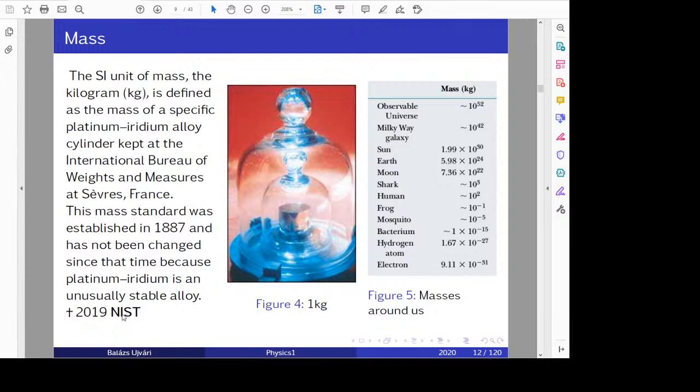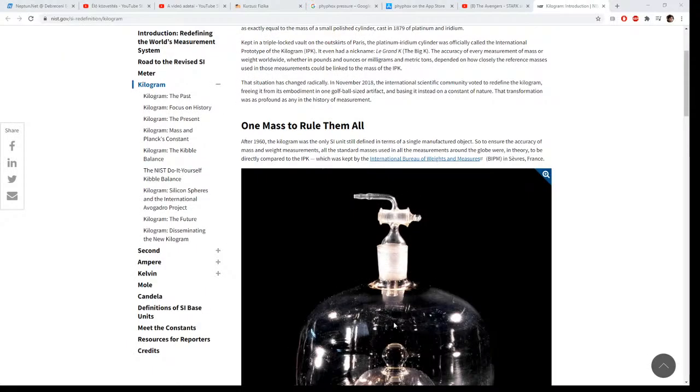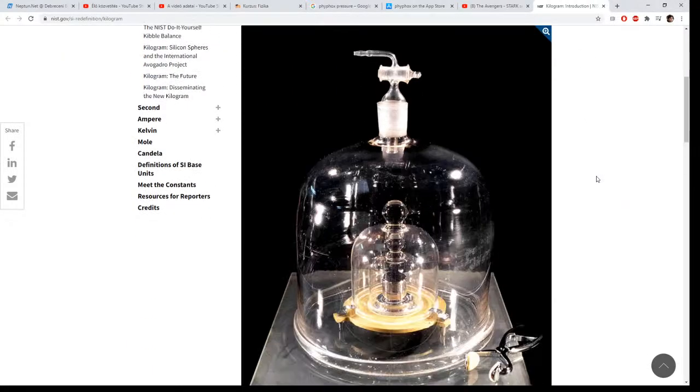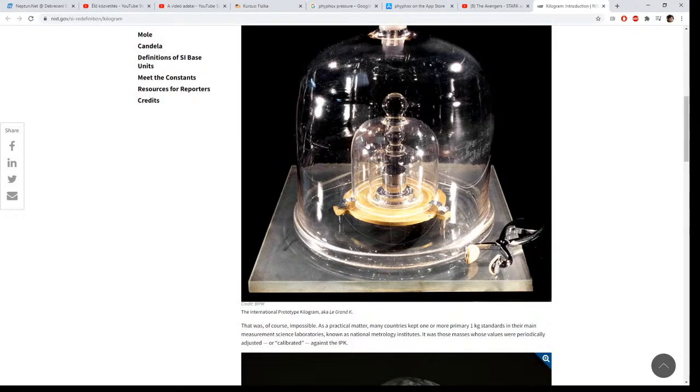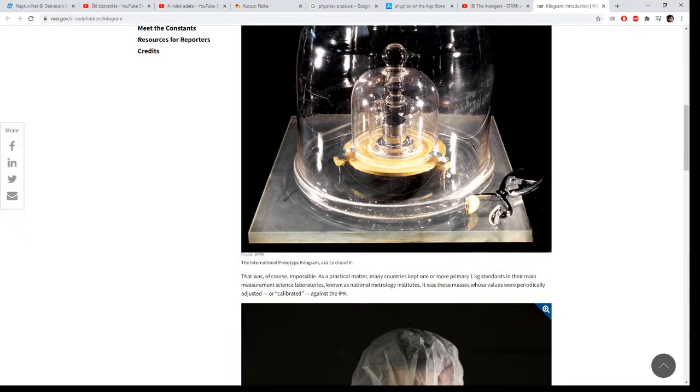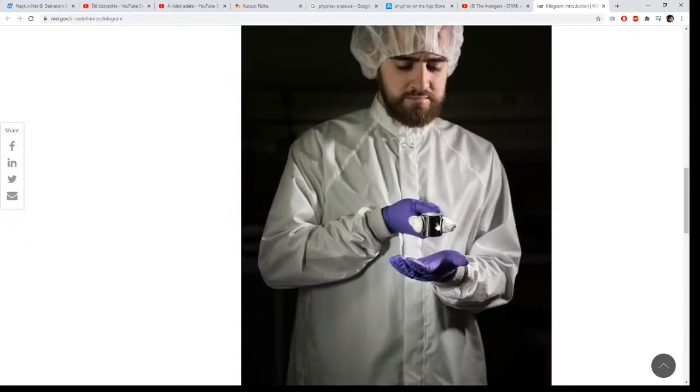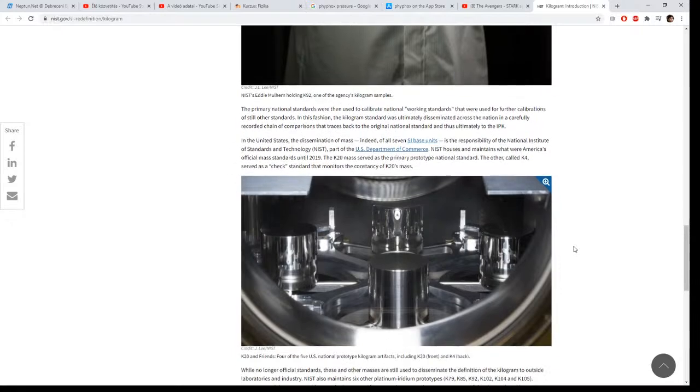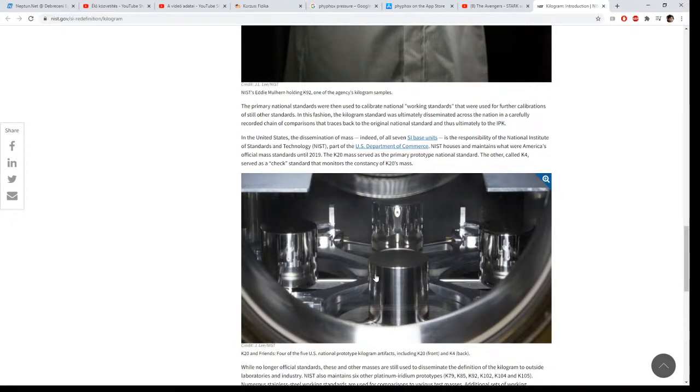If you click on it, you can check how the kilogram was introduced. So this is this shielded piece of platinum iridium alloy, and they handled it very carefully. That was the device. They standardized the weight,